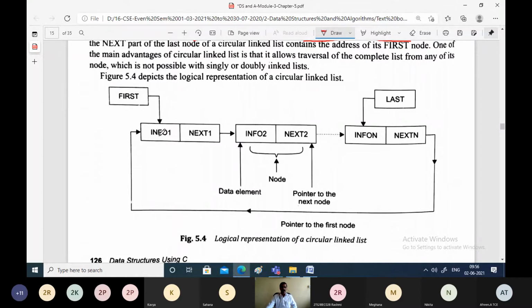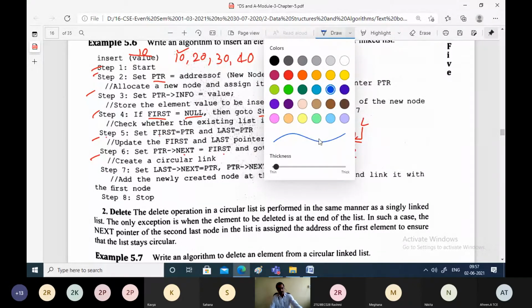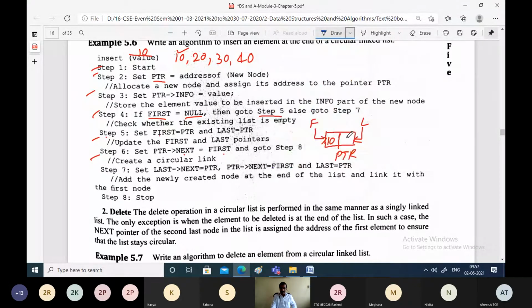In our case, first and last are both the same, so the next field of the last node is pointing to itself. I'll draw it differently to show that. The next pointer of the last node is pointing to the first node. It is pointing to itself because it is the very first node.